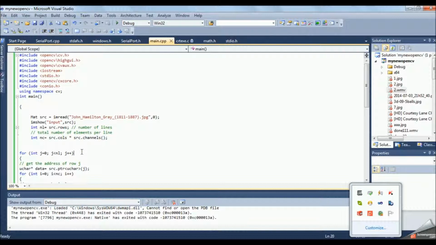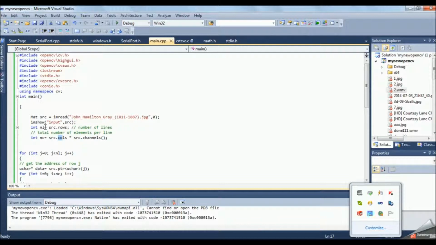Suppose you are using an image of 640 by 480, the number of rows will be 480 and that value will be stored in variable nl. Similarly in nc, the number of columns will be stored, that is 640.